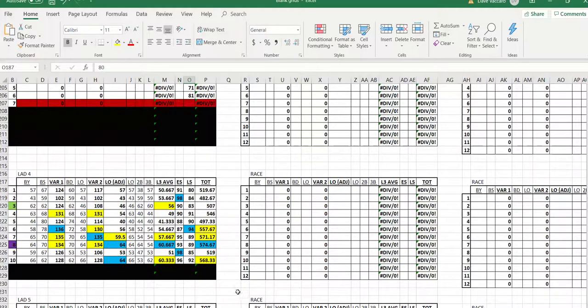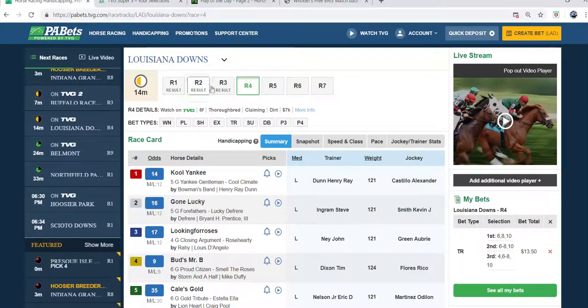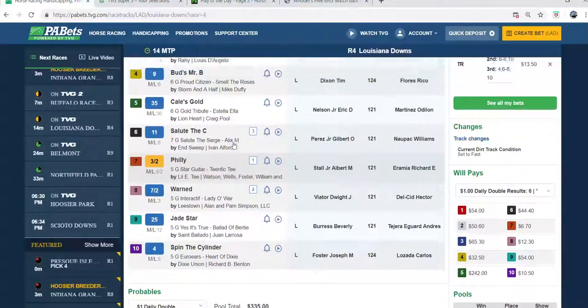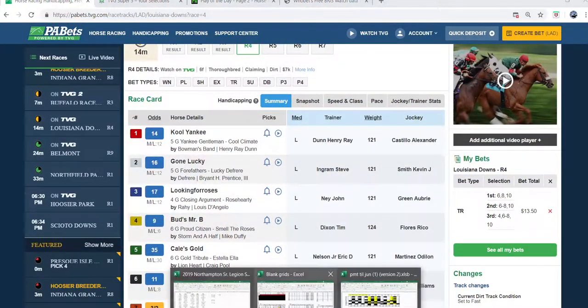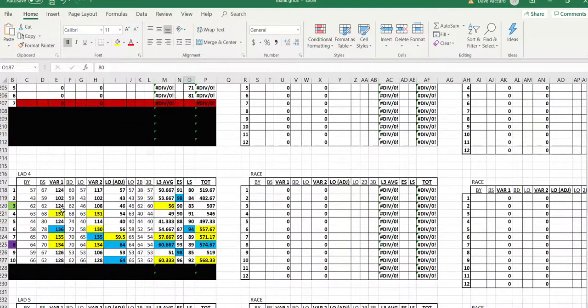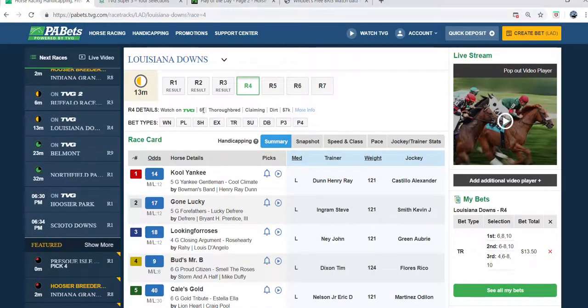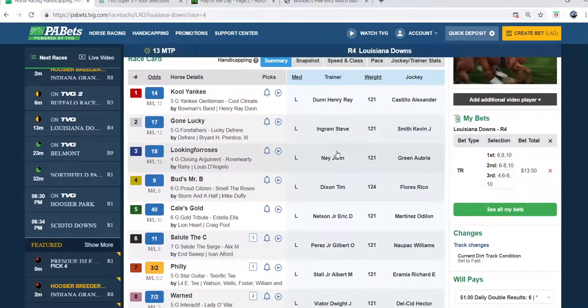Okay, we have approximately 15 minutes to Louisiana Downs' 4th. It's a 10-horse field, and I've finished the grid already. If you look at the grid here, I can go over what I have. First of all, in the left column over here, the color codes are just a few qualitative notes. One, the 3-horse, I'm expecting the 3 to get out in front and set the pace in this race. This is a 6-furlong race being run on dirt. The track is fast,